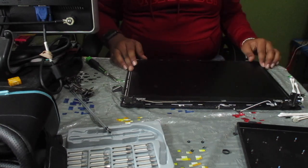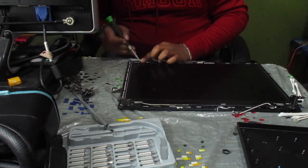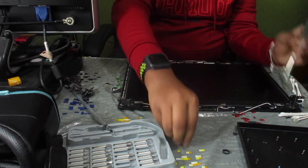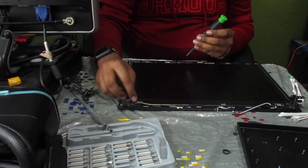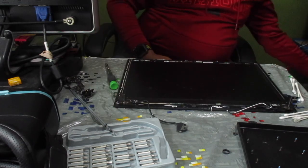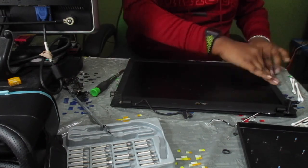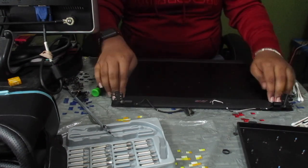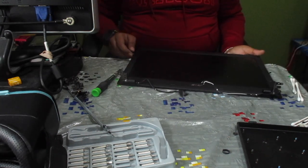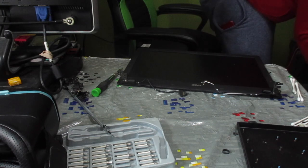Now, I think that's all we needed to do for the display. So now after inserting these 4 screws, we can go ahead and reassemble the laptop. Okay, so now that we've snapped the display back together, here it is, a brand new assembly. So, let's go ahead and get our computer, by that I mean the rest of the computer, and reassemble the